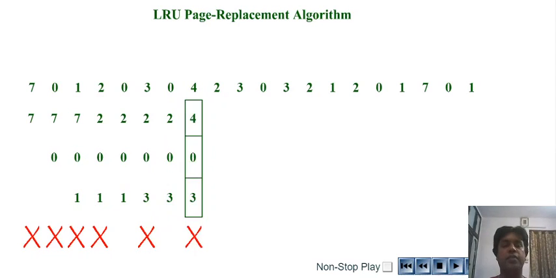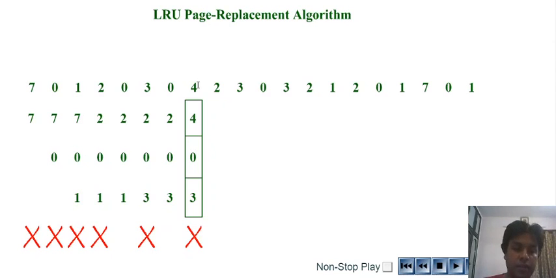Okay, so you have seen we have replaced 2 with 4. So again, it is a clear example of a page fault. The next page we want to bring in is 2, so the demand is for 2. So as we all know, which one to replace the page with? Now as you can see, 4 is the one